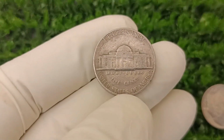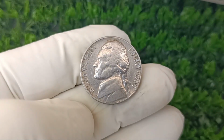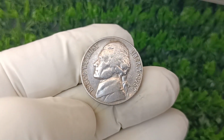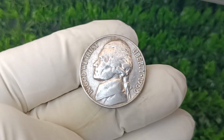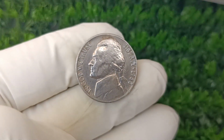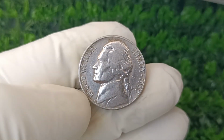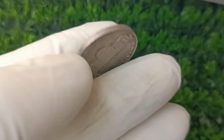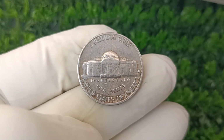Next up, the Monticello Jefferson nickel dated 1960, featuring the D mint mark. This coin is not only historically important but also rare today, especially in great condition. If you're a collector or just curious about coin values, stick around. As we dive into why this coin is drawing attention in the market, let's take a quick look at the